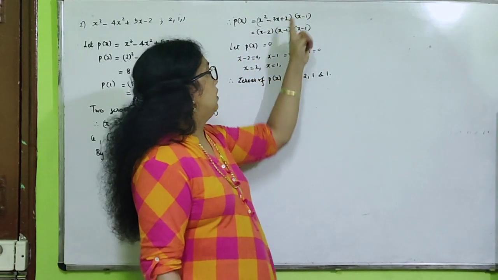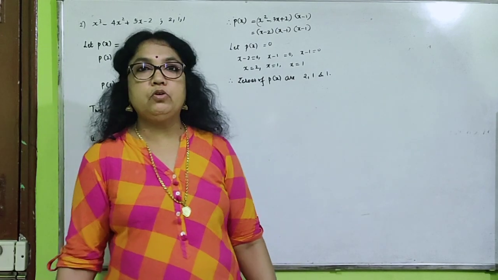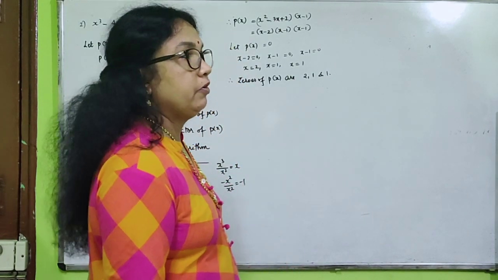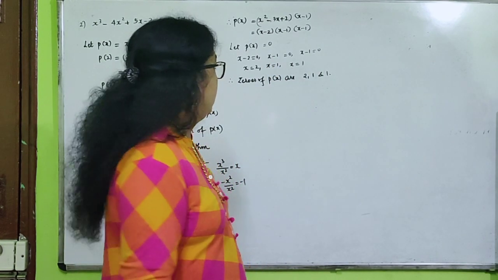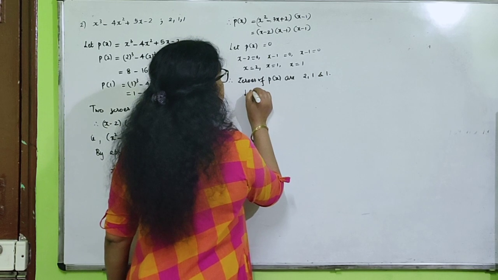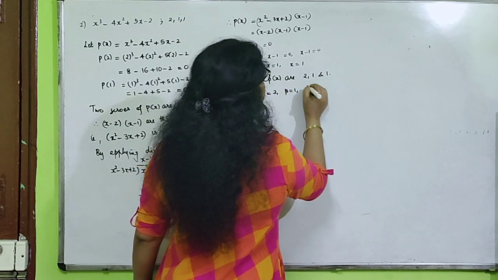From that factor you have to prove the third one is also 0. Now we have to do what? Verification. So for that, what do you have to do? The zeros that are given, we have to suppose as alpha, beta and gamma. So let alpha equal to 2, beta equal to 1, gamma equal to 1